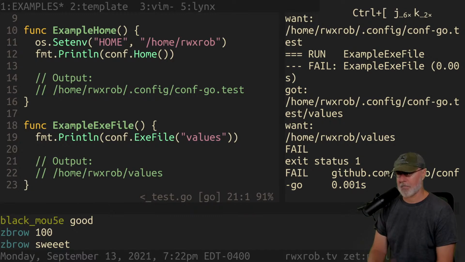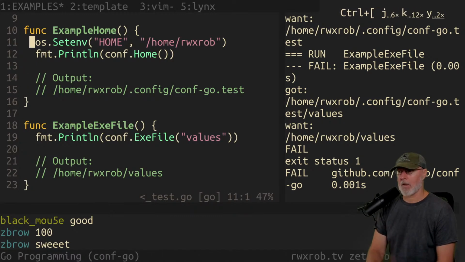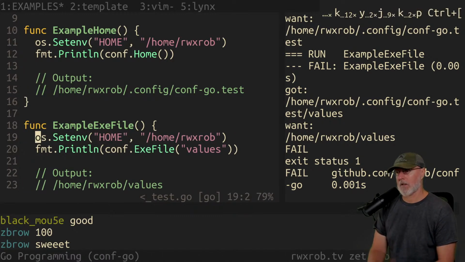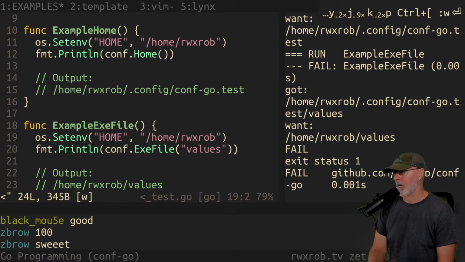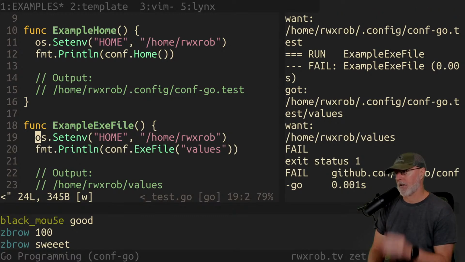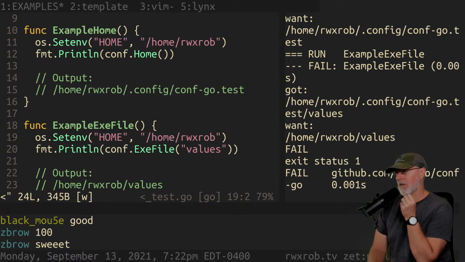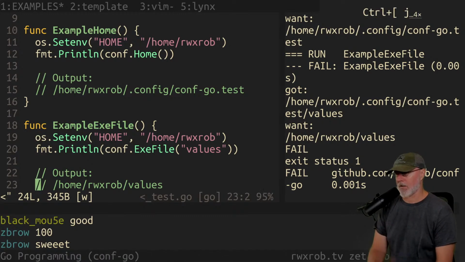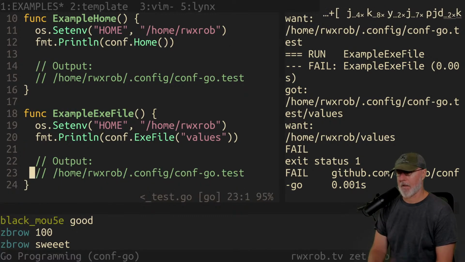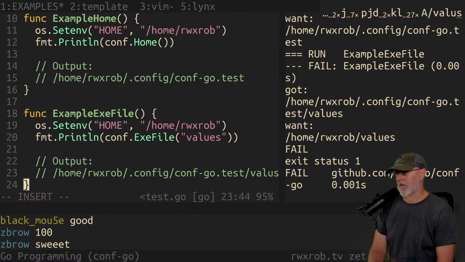Okay, so well, we're going to cheat on this one too. Set the home environment variable. And interesting, that does not change. That's interesting. No, it does. It does change it. No, that's what we want actually. So I'm going to check this one down here and change this to /values.